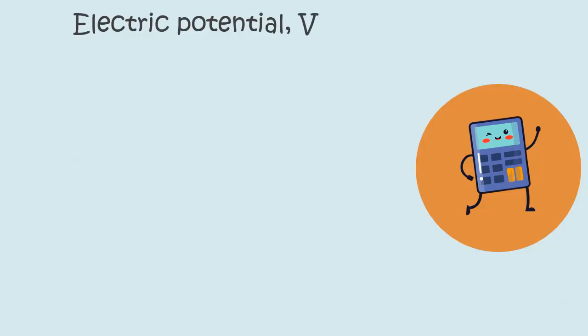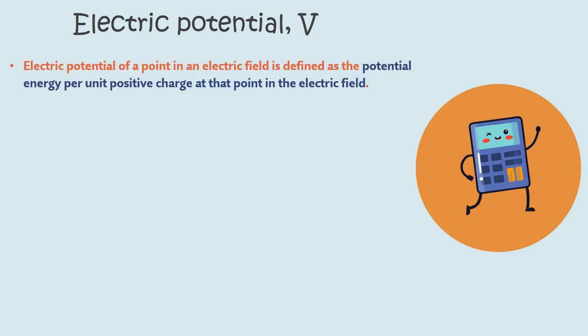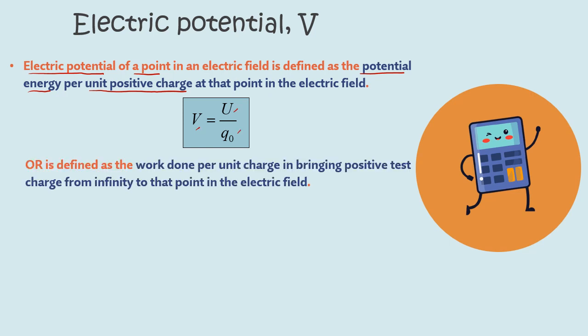Now we are going to the electric potential. We use the symbol capital V. So what is the electric potential? The electric potential at a point in an electric field is defined as the potential energy per unit positive charge at that point in the electric field, and it is given by V equal to U over Q naught,